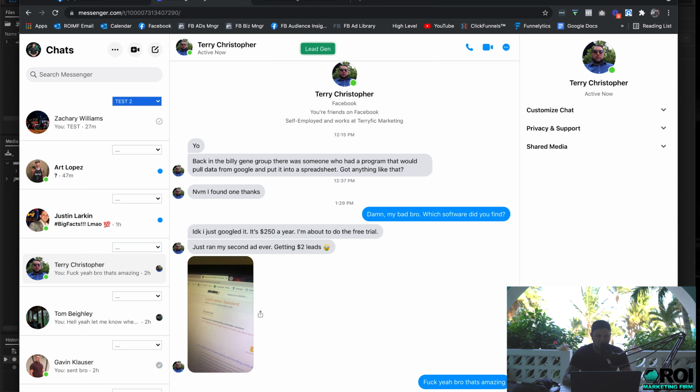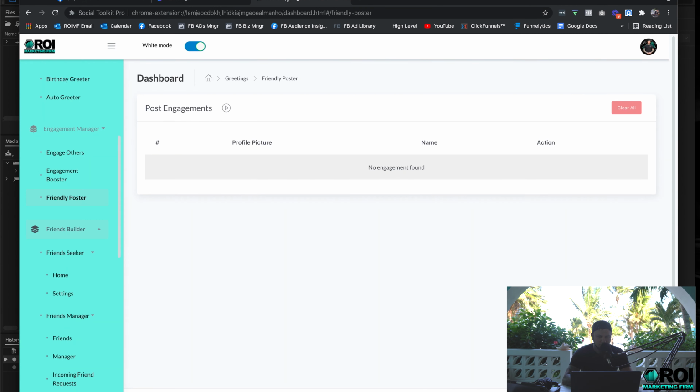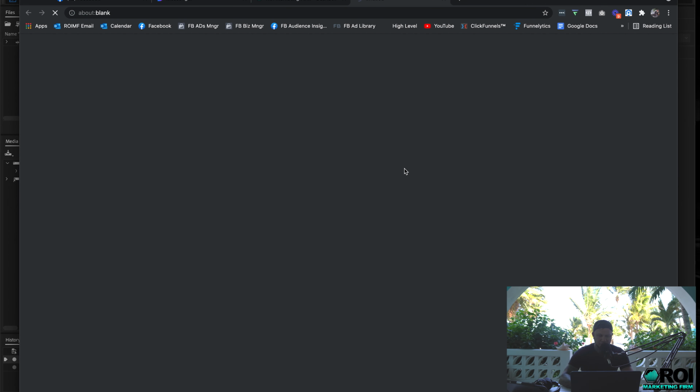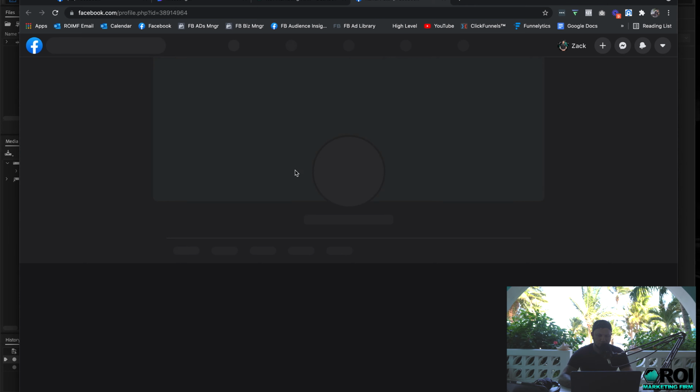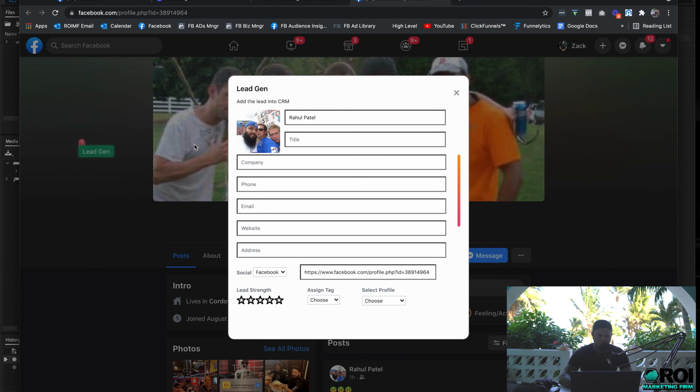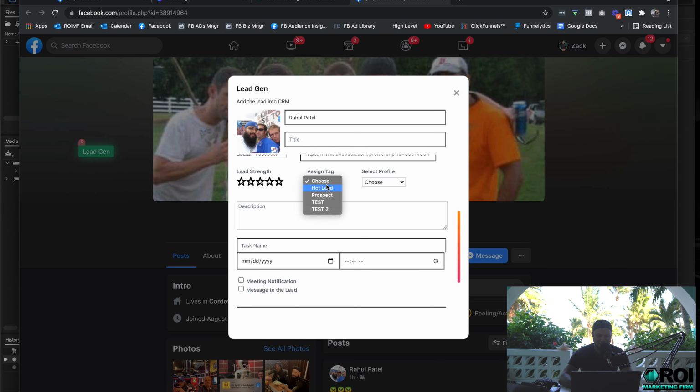We need to come back to our software, refresh this page, and boom, here are all of the friends that have commented on that post. Now, the reason this can be super intricate and beneficial for your company is you can come in here to these people, and as you know, when you go to a personal profile, the lead gen button pops up. You can come in here, scroll down, and assign a tag to them